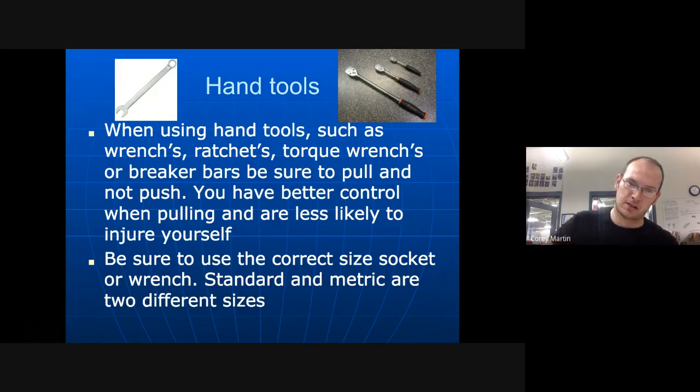So if you are pushing, if that bolt suddenly breaks loose, or if the tool decides it's going to break and you've got all your body weight leaned into it, your natural reaction when that happens is you're going to continue to go forward. And if your hand goes forward into a moving fan blade, it's going to be very, very bad for your hand. You might start losing some fingers. Your hand could get caught in the moving belt. If you have long hair, it could get caught in the moving belt. So all kinds of bad things can happen.